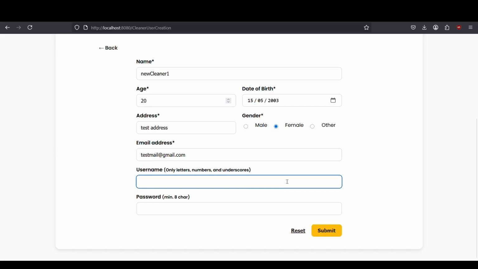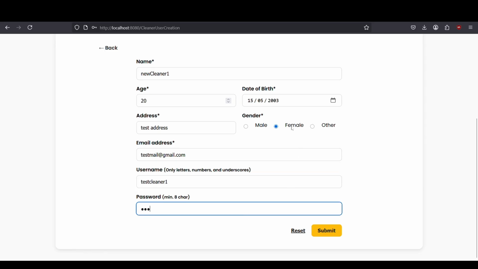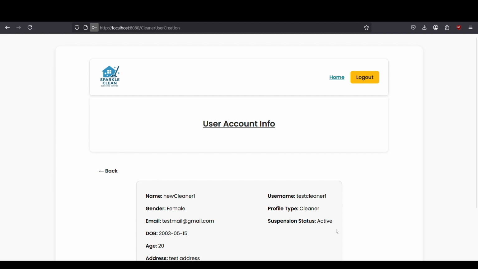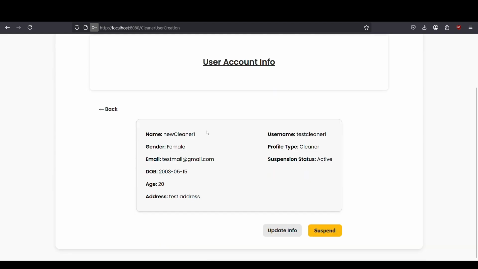The user will log in by their username, which we will call test cleaner 1. Password 123. As you notice here, we have set a minimum for the password requirement so that users must have a minimum of at least 8 characters. So now that we created this user,